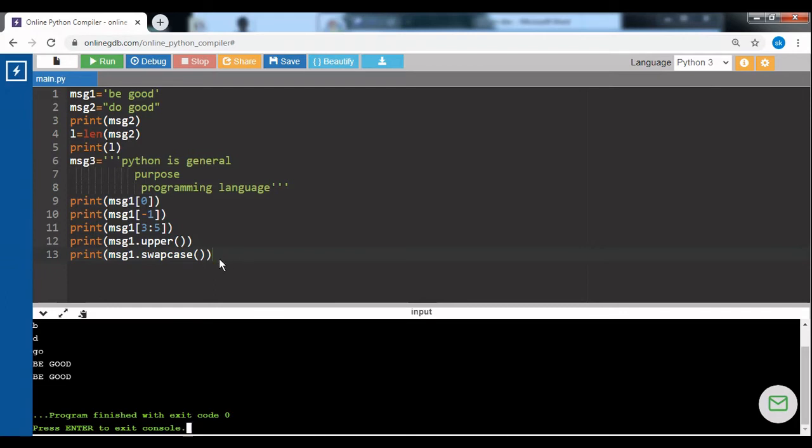Now suppose there is any white space in a string literal and we want to remove the white space. That can be done using the strip function available in Python. The strip function will remove the white space at the start of the literal.